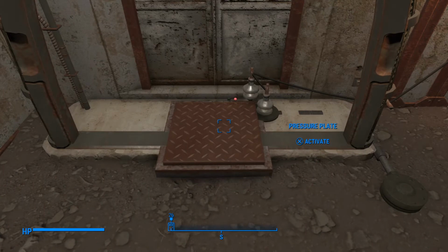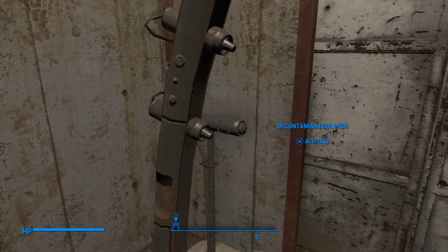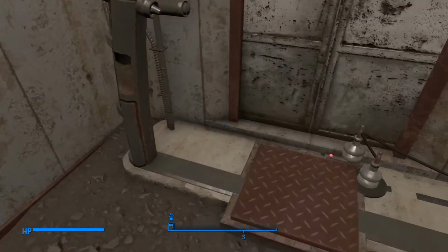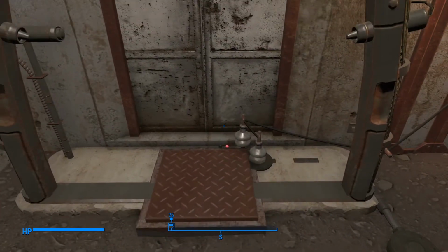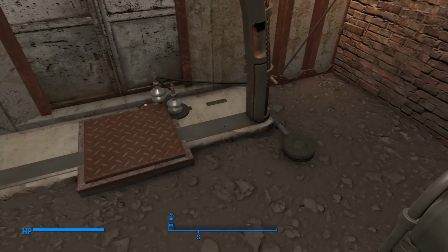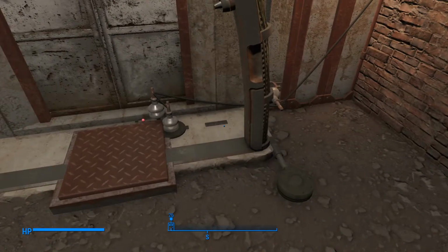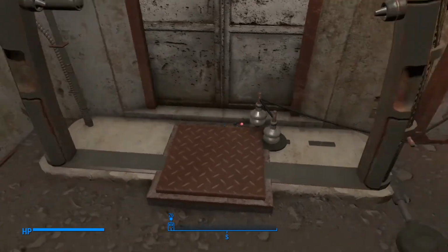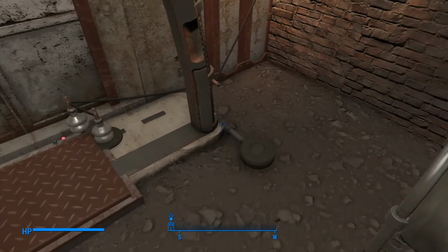I didn't use any mods or anything to glitch this through the switch. You just got to place it last, and you got to face it this direction to where the decontamination arch switch is right up against the wall here, and you can get it right up against the door. So if anybody's curious about that, there is conduit underneath it though. The base of this will glitch through all of this stuff just in regular play. So anyway,